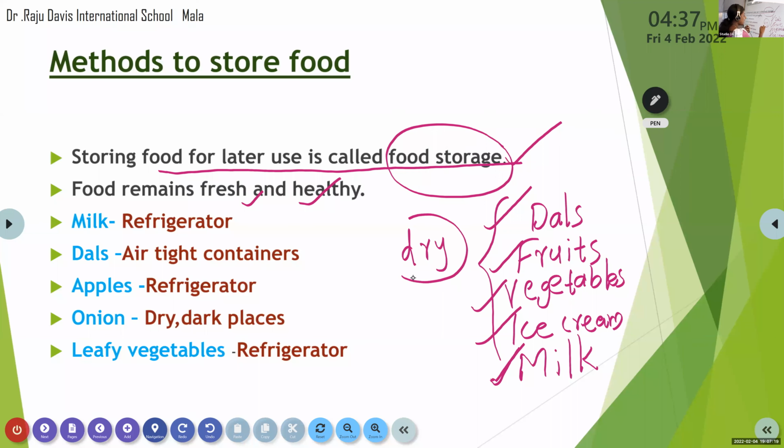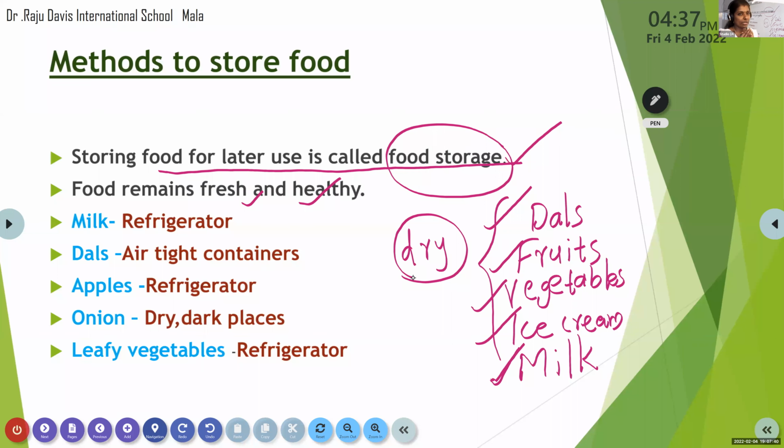What is meant by dry? Ma'am, it should not have any air, any moisture. In the presence of moisture, microorganisms will grow. So in order to avoid the growth of these microorganisms, we keep the food inside airtight containers or inside